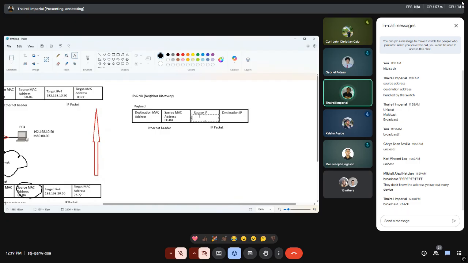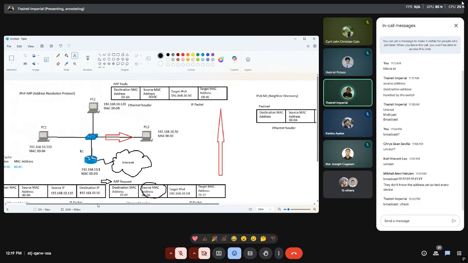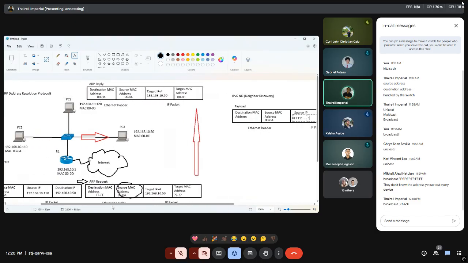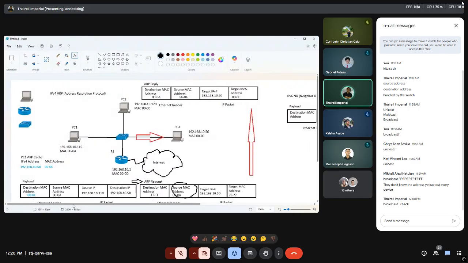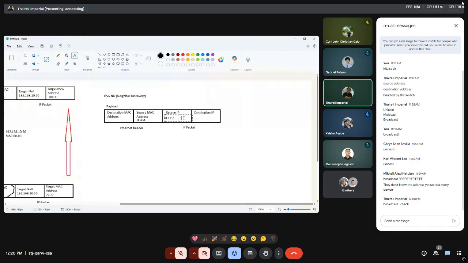So let's say we designate this as FF11, followed by a colon, and then separated by a few more. That's basically a representation of an IPv6 address in terms of hextets. So the last number would be 50. We're just going to name this here as 50.